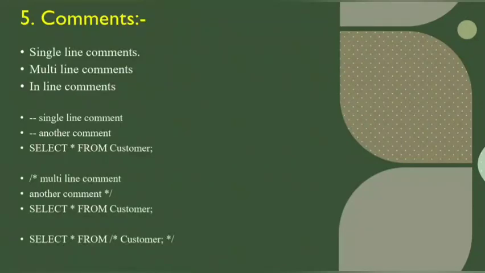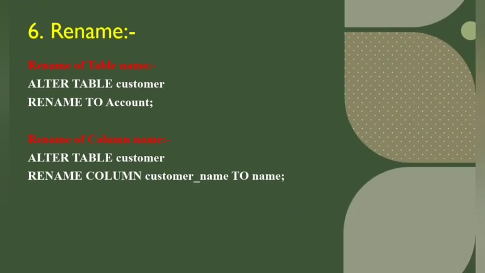And the next command which we have under the data definition language is rename. Rename is nothing but trying to change the name, either a table name or a column name. Say I want to change the table name. Before, we had the table called customer, and I just want to rename it to account. For that purpose I'll use the command like this: alter table customer rename to account. So I'm renaming it to account. Like that we use it for a table name.